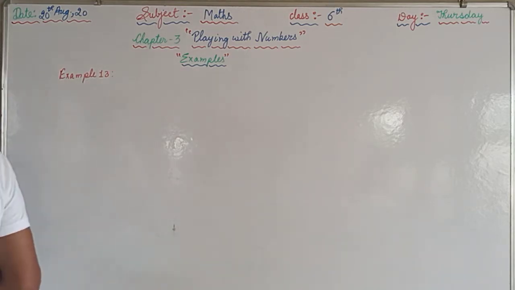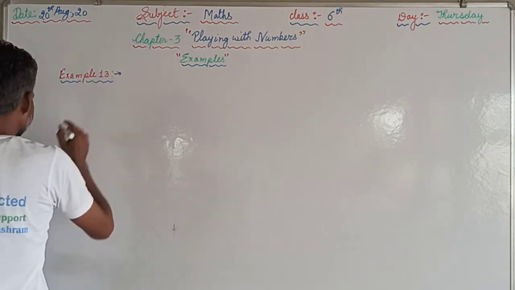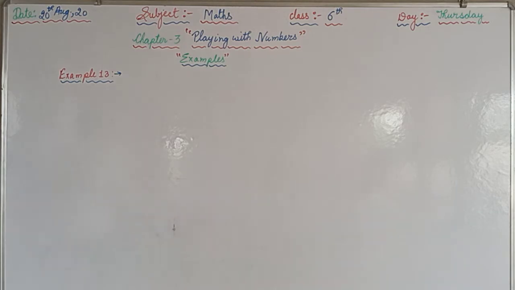in that example, as I told you, you are supposed to open your books whenever you are watching the videos of that particular exercise or a particular page number, so that you can also read the questions and understand what is given in the question. So example 13 is: in a morning walk, 3 persons step off together. Their steps measure 80 centimeters, 85 centimeters and 90 centimeters respectively. What is the minimum distance each should walk so that all can cover the same distance in complete steps?